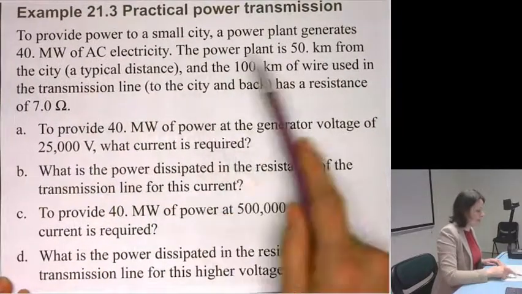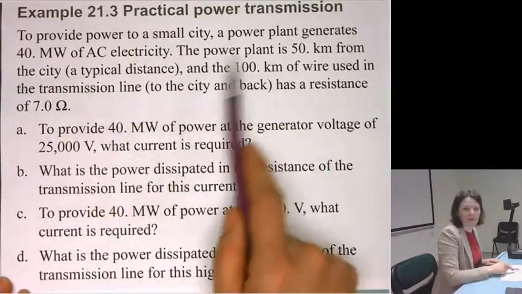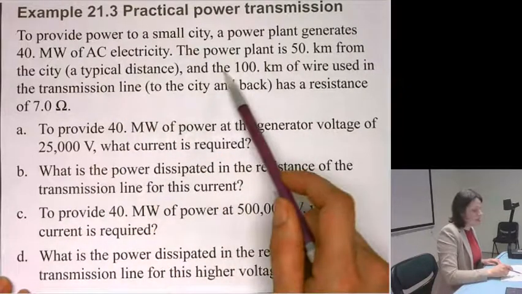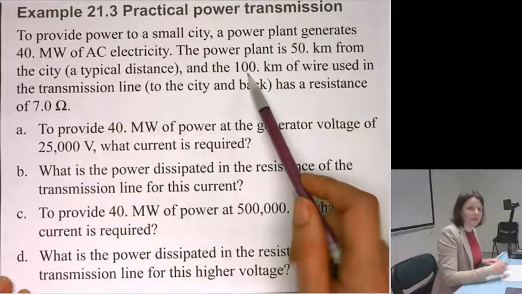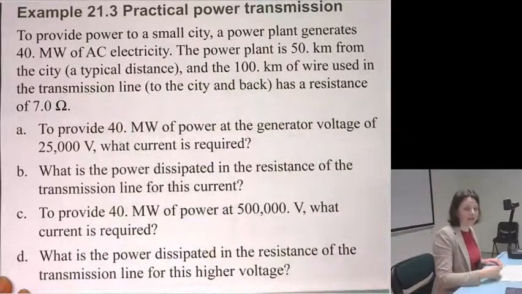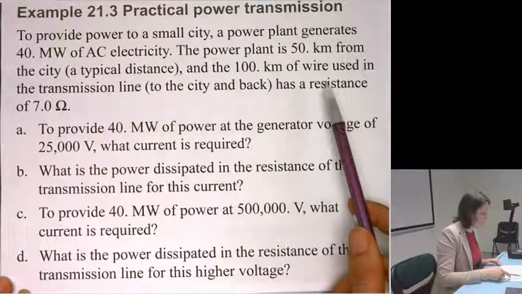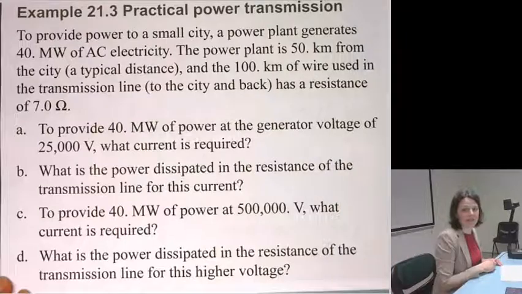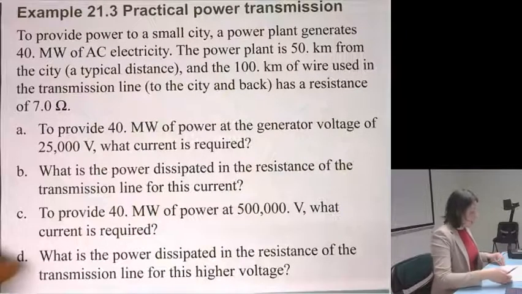The power plant is 50 kilometers away from the city. That's about 30 miles, so that's a pretty typical distance. And of course, we now need 100 kilometers of wire because, as we know, current needs a loop to travel. It can't just travel there; it has to travel there and back. And this long 100-kilometer wire has a resistance of 7 ohms. All right, so